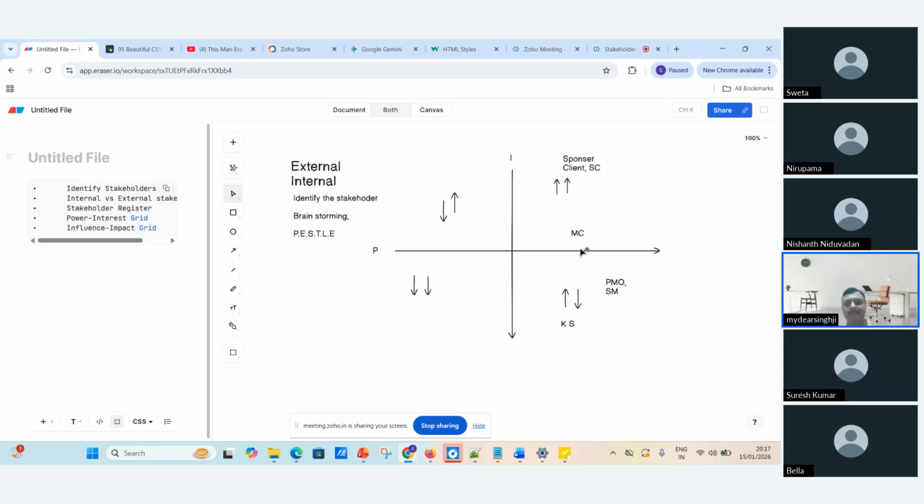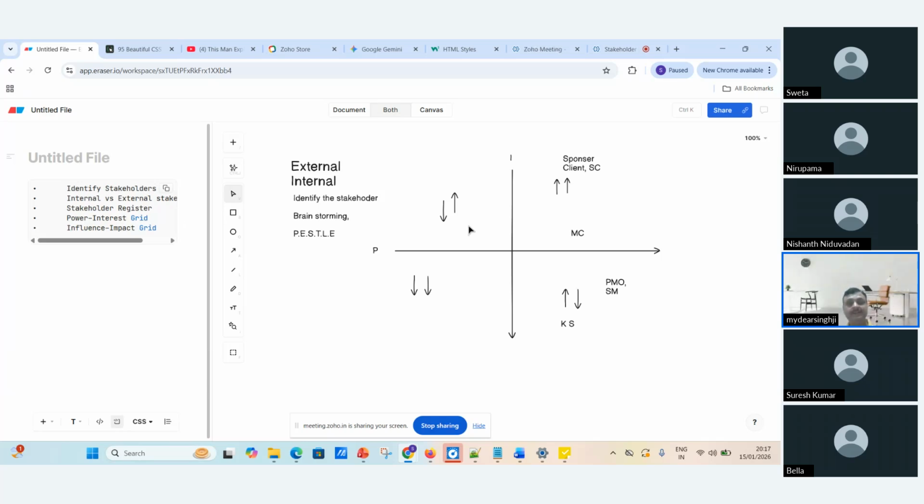we are going to monitor them closely. Who has high power but less interest, keep satisfied. We are just sending him mail, updating him on what is going to happen, what the next phase is, how we are doing, whether we are behind or ahead of schedule, how the budget and the resource part are going. All the information, keep satisfied, keep sending him.